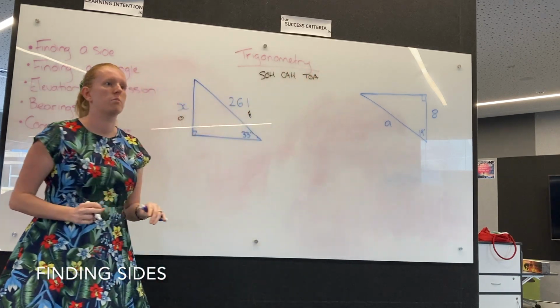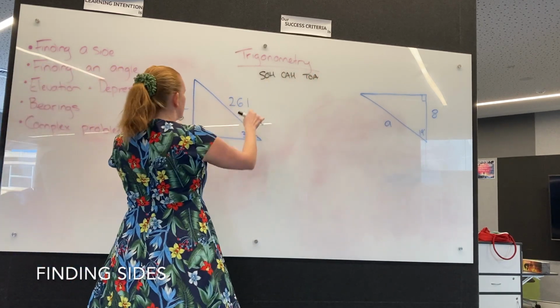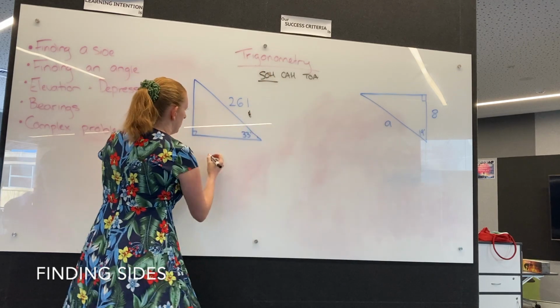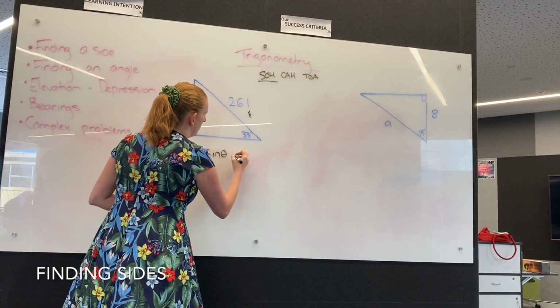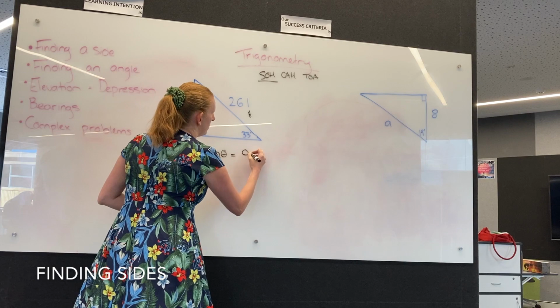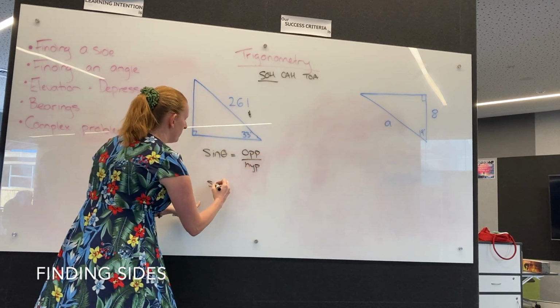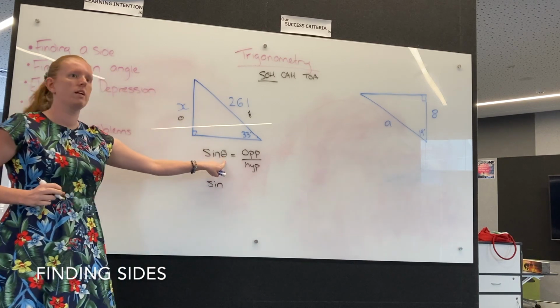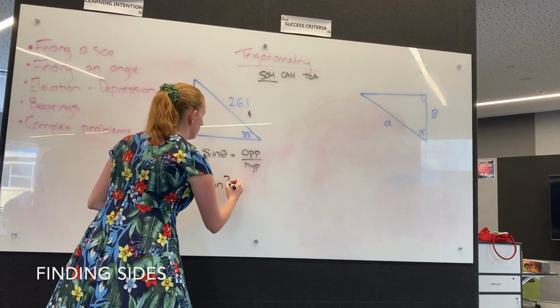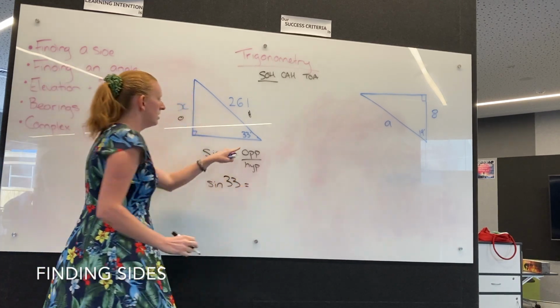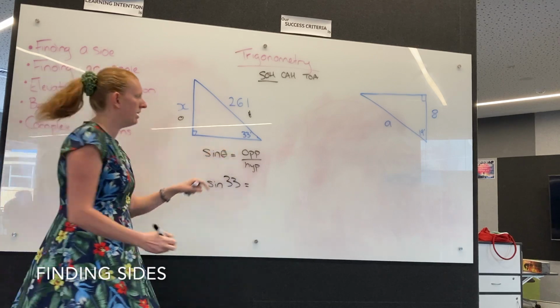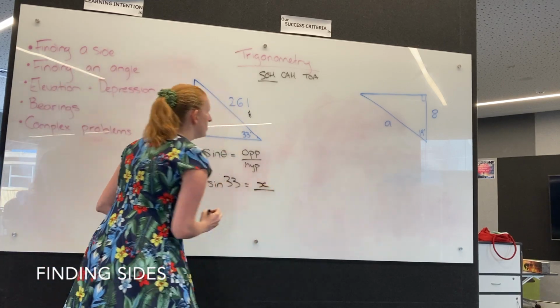Which of the three do you think I'm going to use? I'm going to use sine, because it's the only one that has an O and an H. So sine is equal to opposite over hypotenuse. Now I'm going to fill in my blanks. Instead of this, I'm going to write 33 because that's my angle. My opposite side is x, and my hypotenuse is